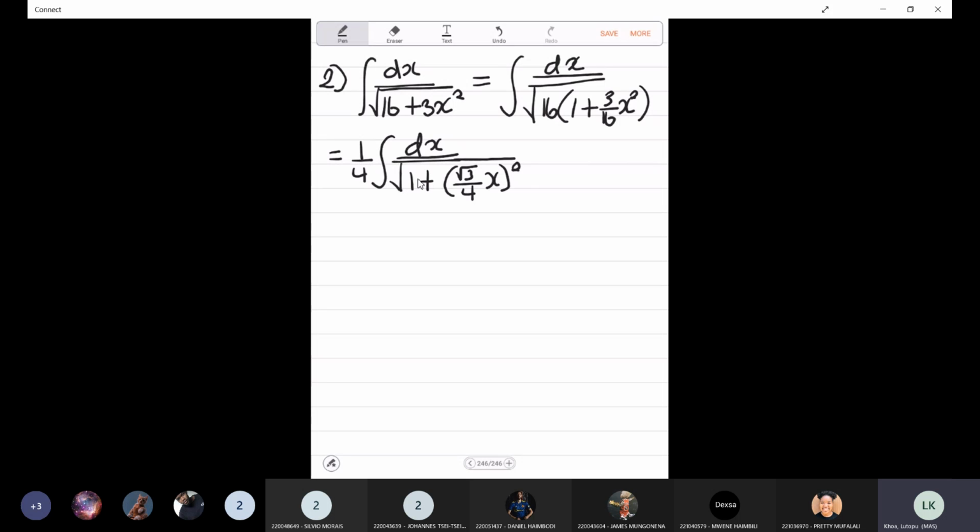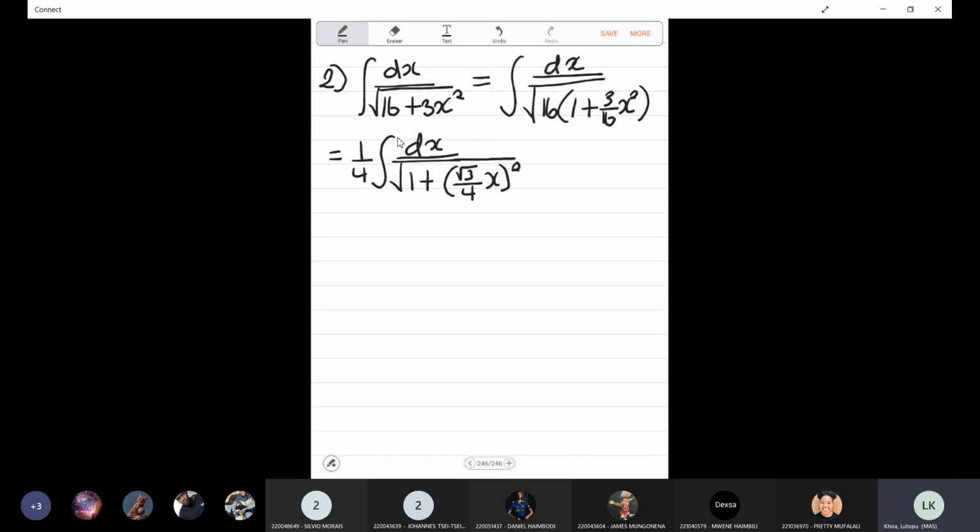Okay, so now that I have it in the form that I want, here you just need to decide, is it sine inverse, hyperbolic sine inverse, tan inverse, and so on. So whenever we have a square root, already tan and cot are out, whether it's the hyperbolic or the normal one. So here we have 1 plus. If this was just normal sine, then we would have minus, but because we have a plus, this is a hyperbolic sine. Okay, so in our minds, we should know we're going to have a hyperbolic sine, but here